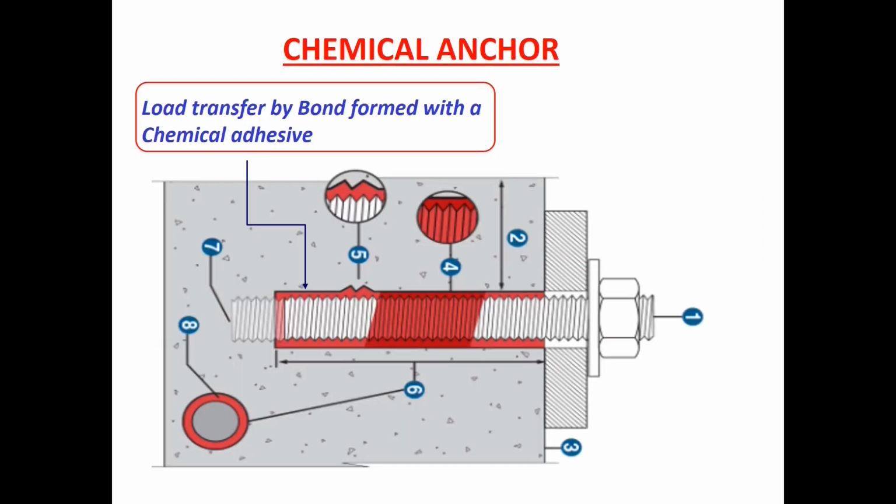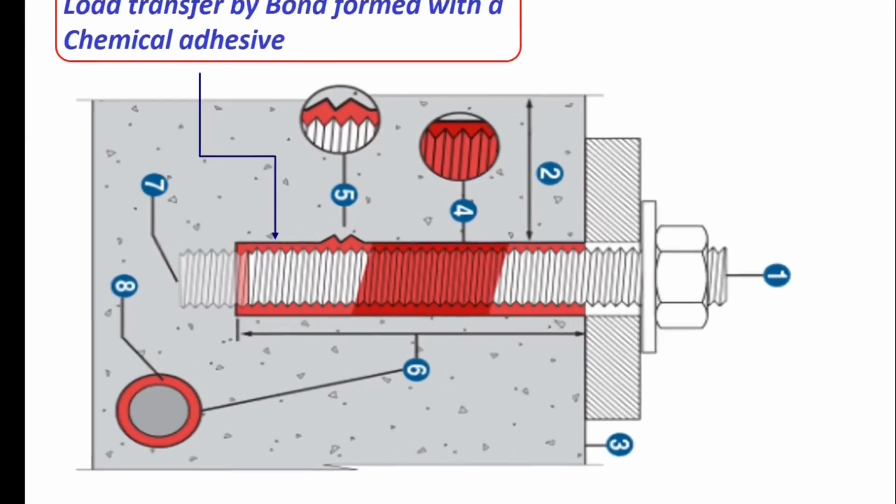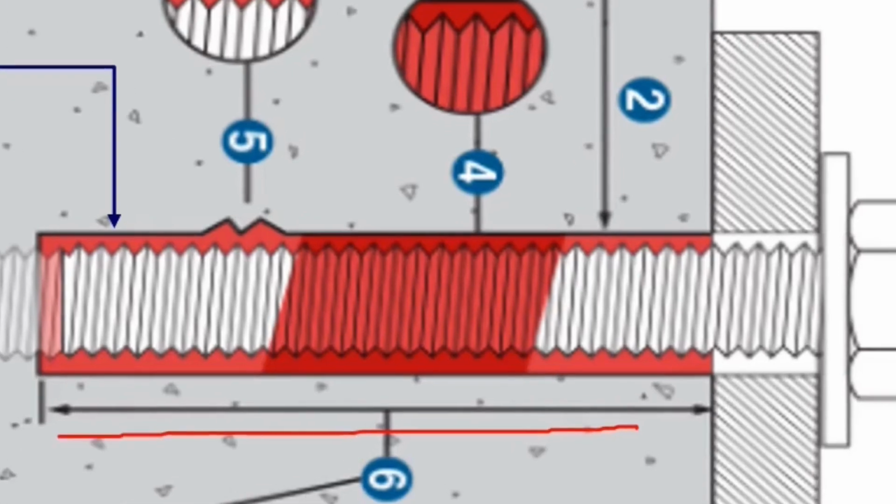Now let us understand the second type of anchor fastener, called the chemical fastener. A chemical fastener works on the basis of a bond formed by a special kind of adhesive, that is, a chemical. First a hole of the required depth is drilled inside the construction base. The hole so formed is cleaned with a pressure blow of air to remove any debris. Then a chemical adhesive is injected inside the hole, followed by insertion of the anchor bar. The cavity between the hole and the anchor bar is again filled with adhesive chemical to make sure the entire anchor shaft is properly smeared with the chemical all around.